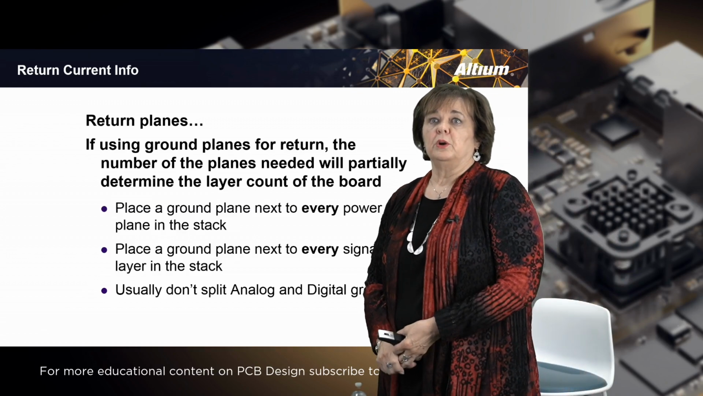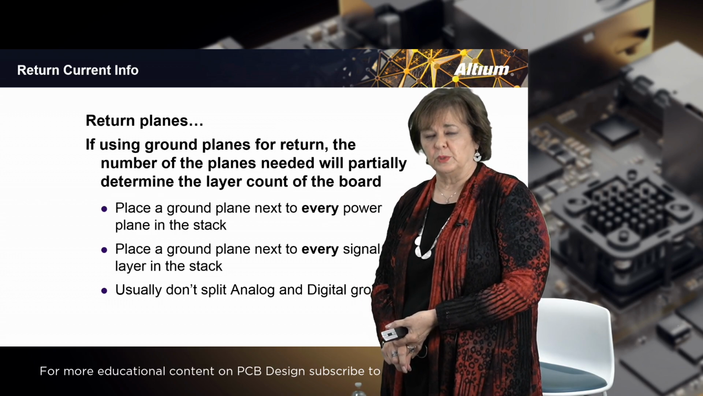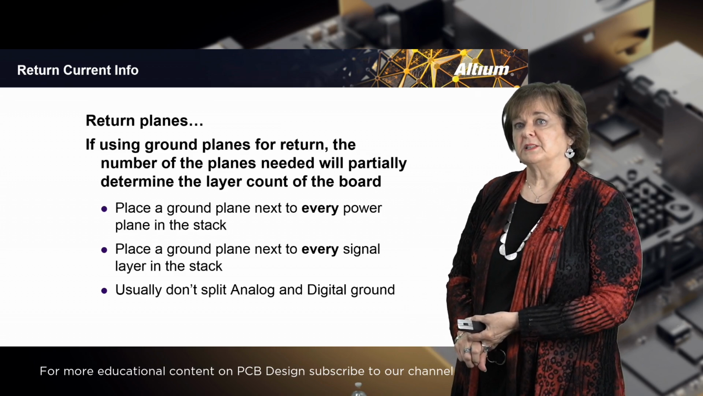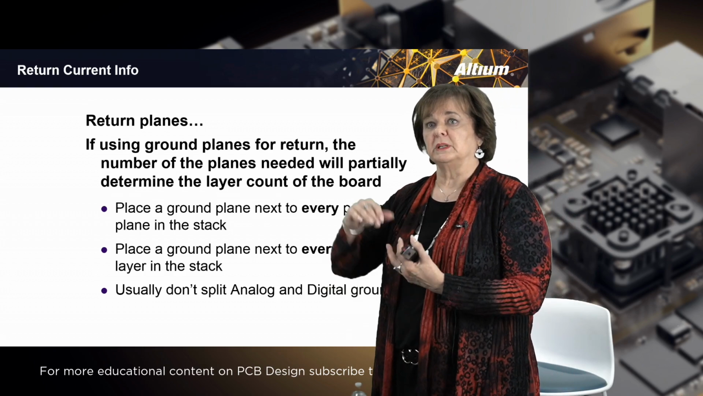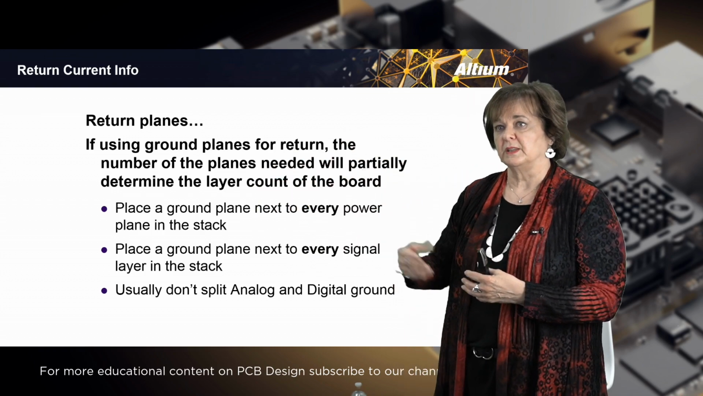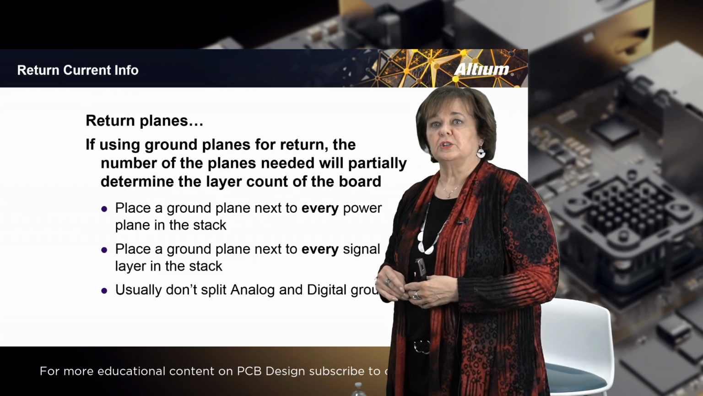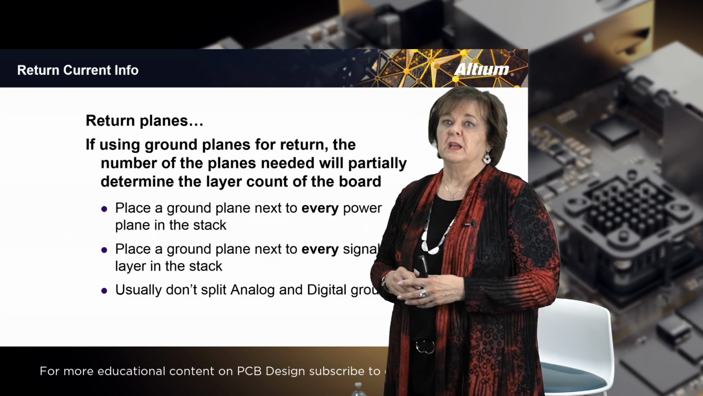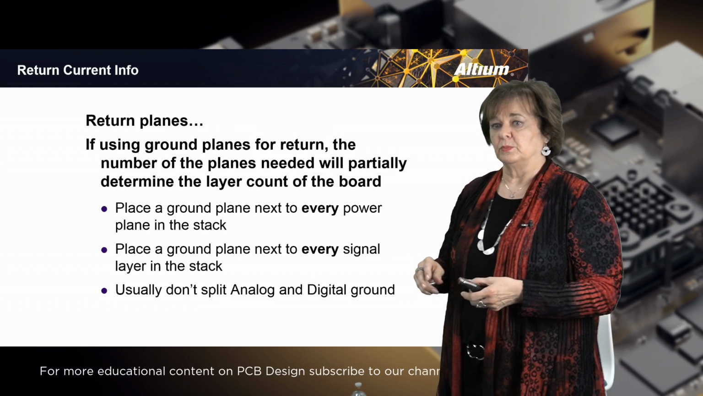So if using ground planes for return, the number of planes needed will partially determine the layer count on the board. It's always a good idea to place a ground plane next to every power plane on the stack-up. That helps to not only be a place for the signals to return, but also any stray power energy that is on the power layer can then return via the ground plane as well. And then it's good to have a ground plane next to every signal layer in the stack-up as well for return path. And usually it's not a good idea to split the analog and digital ground planes, and we'll talk about why